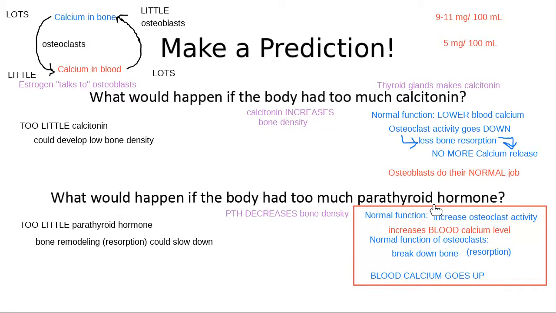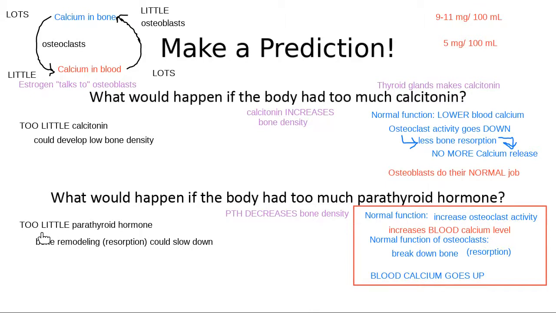This is the kind of thing when you're thinking about studying, outline the facts for yourself. Think about the steps and the information that we talked about that all goes together into making something happen. So when you see those explain or describe learning objectives, this is what it looks like, how we would explain that information. Because that's going to help us know, if I ask you, I've got too much, what's going to happen? Or if I ask you, I've got too little, we would be able to answer that if we can go step by step.